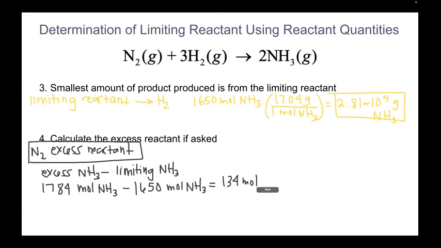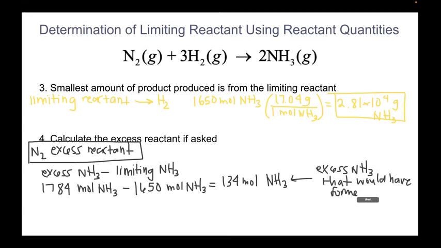What this amount of moles represents is the excess NH3 that would have formed if N2 fully reacted, which means this amount of NH3 is associated with whatever's left over from our nitrogen. So what we're going to be able to do now is go from